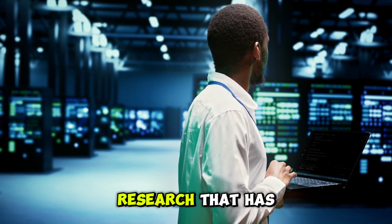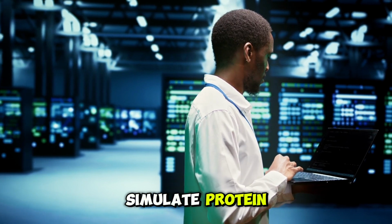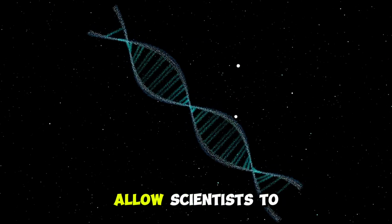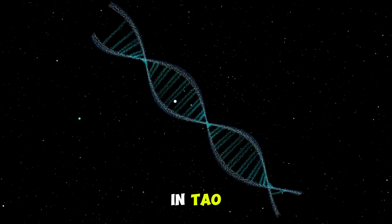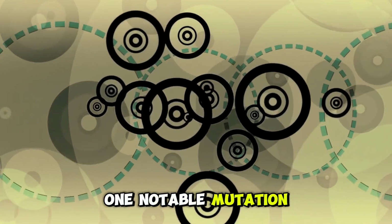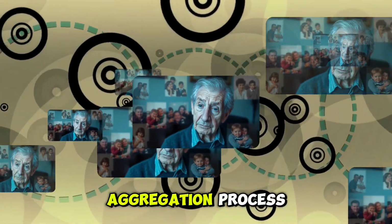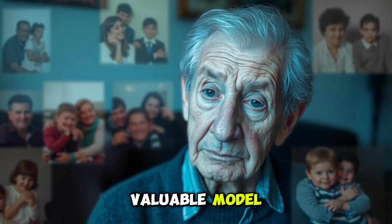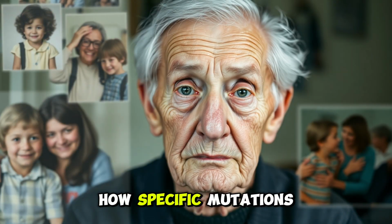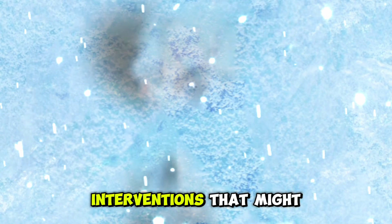One area of research that has gained significant attention is the use of supercomputers to simulate protein aggregation. Computational models allow scientists to observe how mutations in tau affect its ability to form fibrils. One notable mutation, known as P301L, has been found to accelerate the aggregation process, making it a valuable model for studying tau-related diseases. By understanding how specific mutations alter tau behavior, researchers can explore potential interventions that might slow or